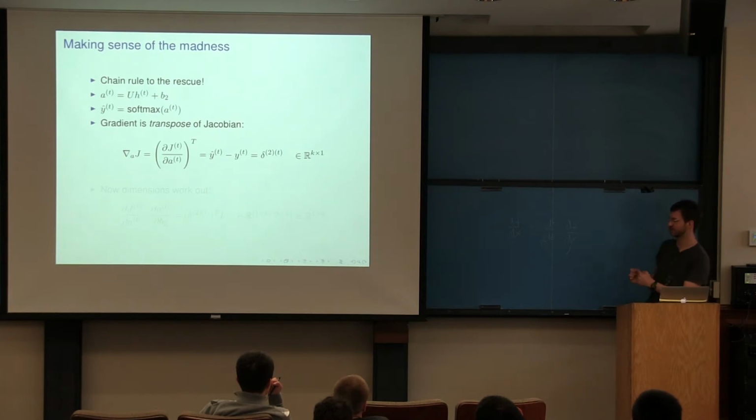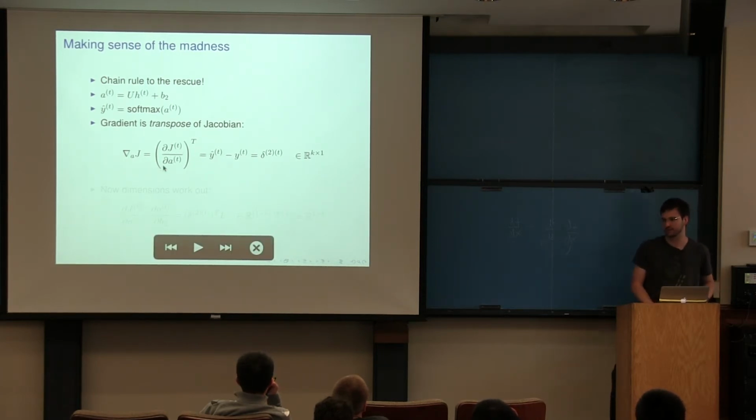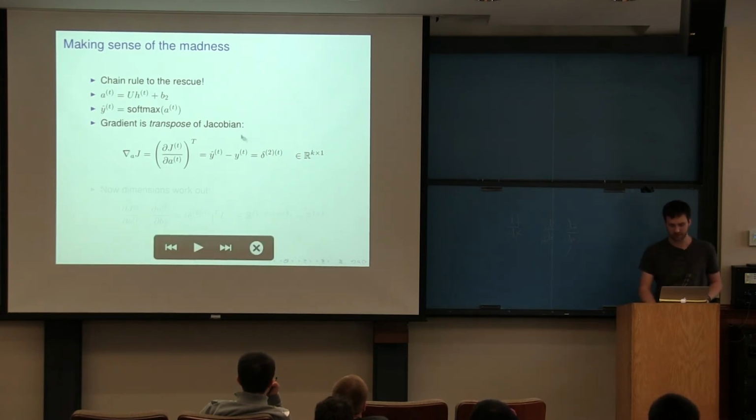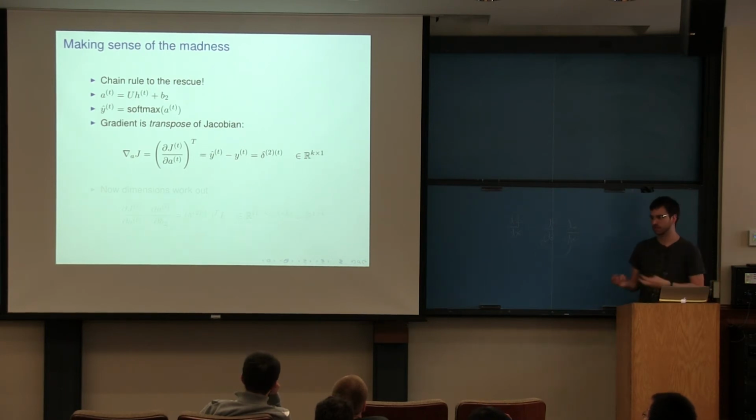If you think of these derivatives as having J be a scalar and A be some vector, then this thing in here has dimensions of 1 times K, where K is the dimension of the vector. Take the transpose, and that's our gradient, the column vector we usually deal with. Remember that if you're taking transposes in matrix ops, if you were writing them right to left, now you write them left to right, so you just invert the order of things.